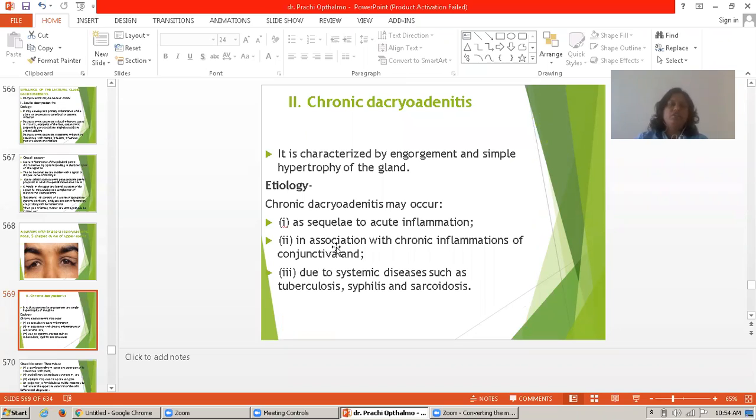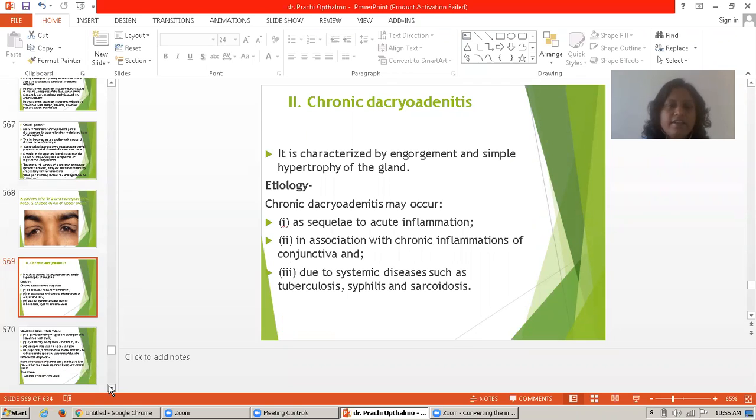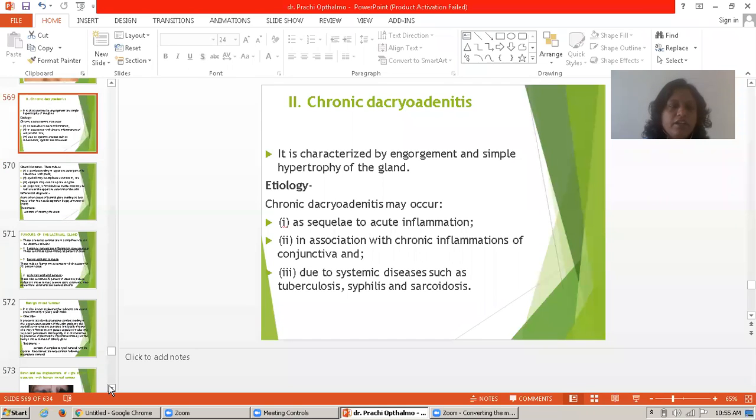Then the next one is chronic dacryoadenitis. Chronic dacryoadenitis is characterized by engorgement and simple hypertrophy of the gland. When there is chronic inflammation with engorgement and simple hypertrophy of the gland, it leads to chronic adenitis. It is a proliferative inflammation of the lacrimal gland and may occur as a part of generalized granulomatous